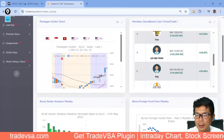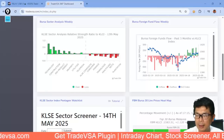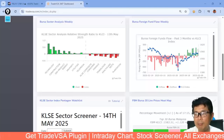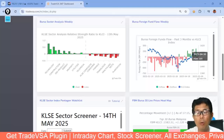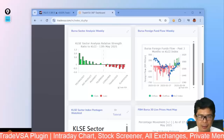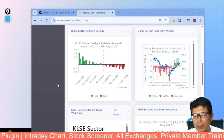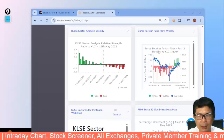So you can see from here, right? And this is what I mean: the market was just showing up to here at this point, and then the foreign funds come in. That is also one of the core reasons the Bursa KLCI is moving up. You have a lot of net buying, 365 million in here, and that is, in my opinion, a bit too much. And usually when you get such a high peak area here, this is where the market will reverse. So remember, members, the market is likely to reverse; there are more reasons to reverse than really going higher from here. So be prepared for that one,